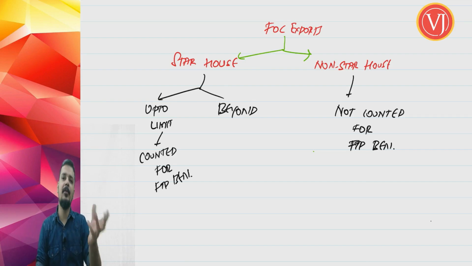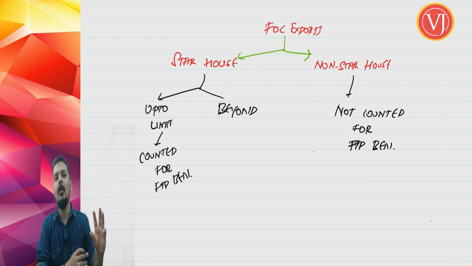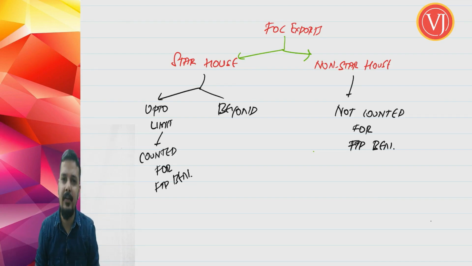But if you are talking about gems and jewelry sector, or gold and silver, other precious metal sector, it is lower of 1 crore or 2% of average annual export realization during 3 preceding licensing years. And if it is pharmaceutical products to health programs of international agencies, it is 8% of your average annual